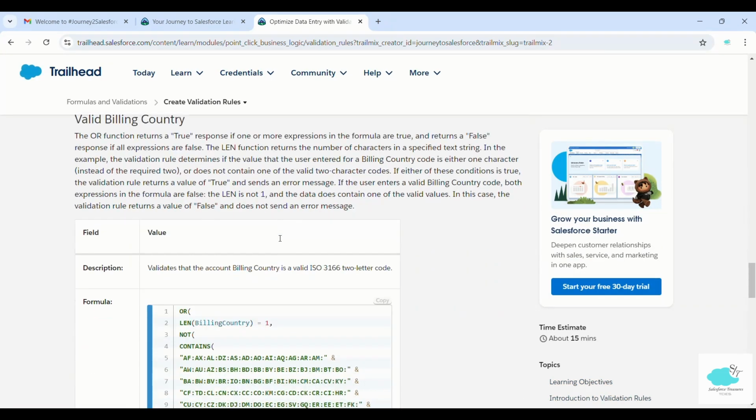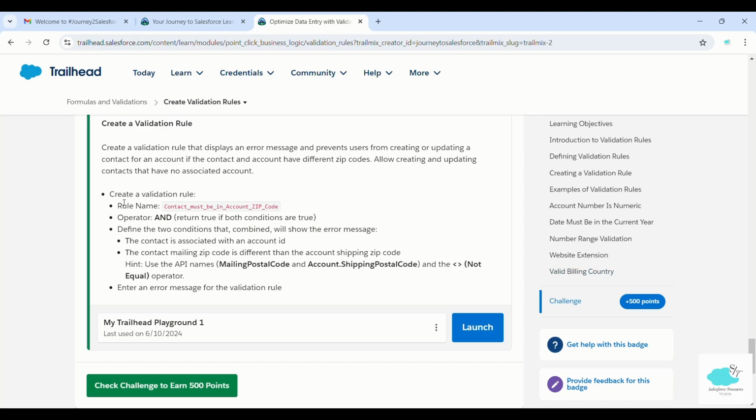We'll just see an example which is given below. Create a validation rule that displays an error message and prevents the user from creating or updating a contact for an account if the contact and account have different zip codes. Allow creating and updating contacts that have no associated account. Okay, so now you have to create a validation rule using the operator AND and define two conditions that combined show the error message. The contact is associated with an account ID. The contact mailing zip code is different from